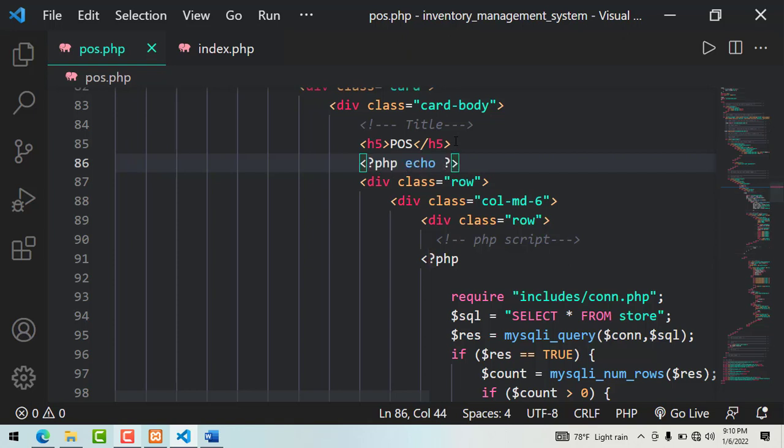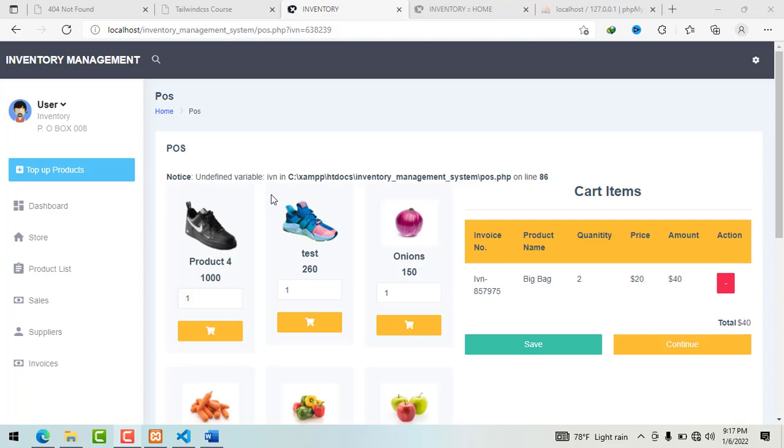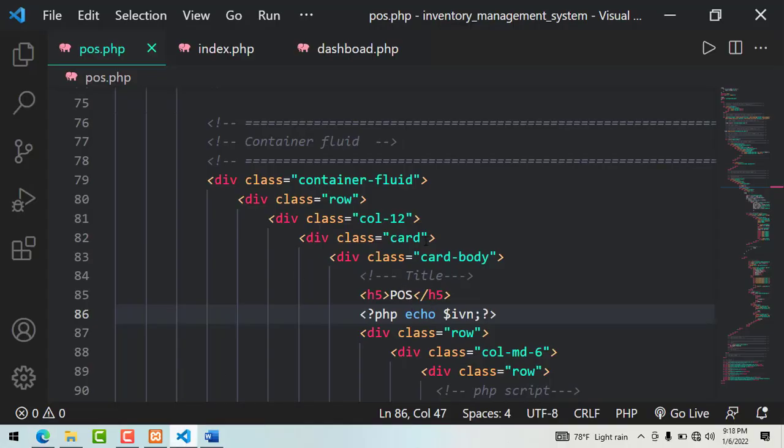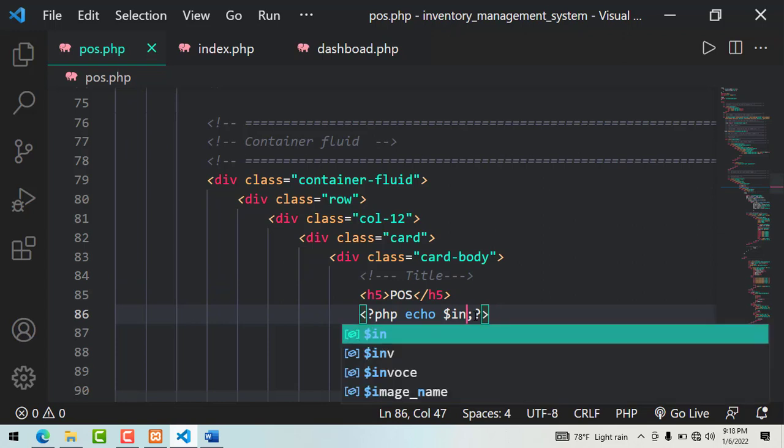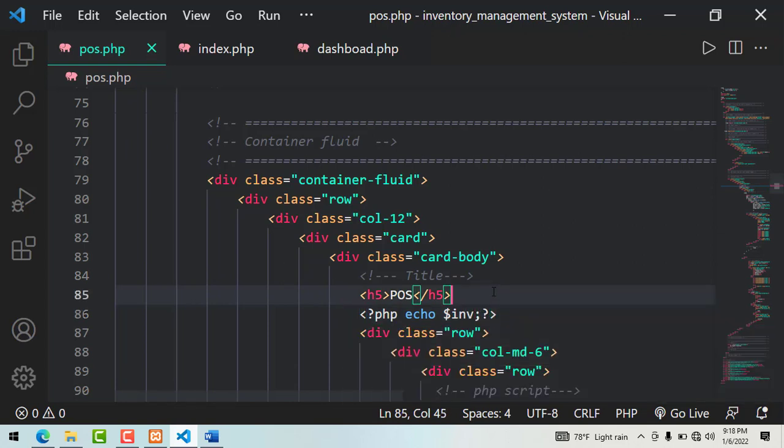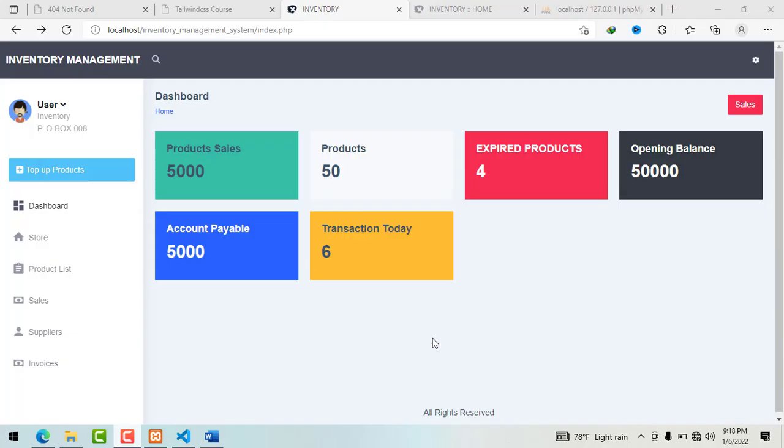PHP echo variable IVN. Alright, so IVN, sorry, we're having a typo. This should be INV and not IVN. Yeah, so somewhere here. So this one should be INV for invoice. So now when we click on the sales,